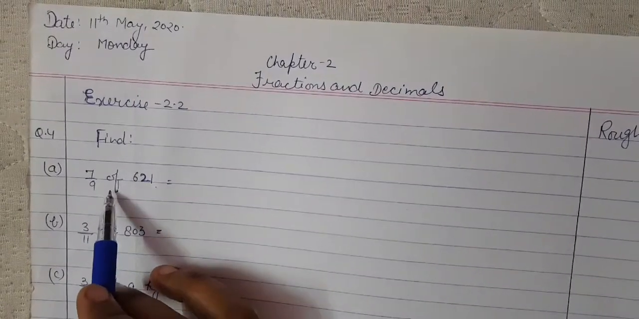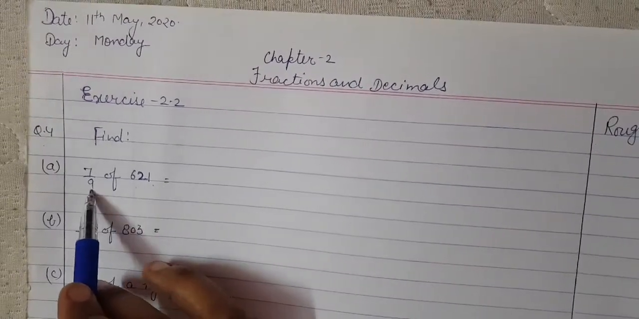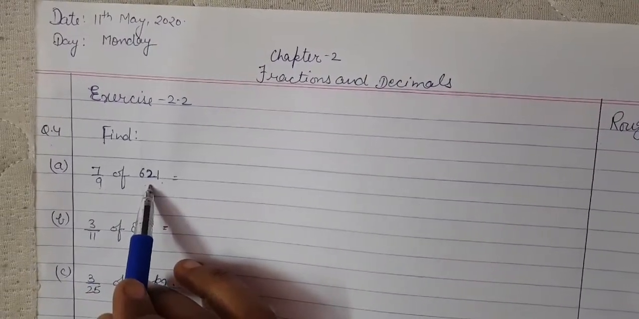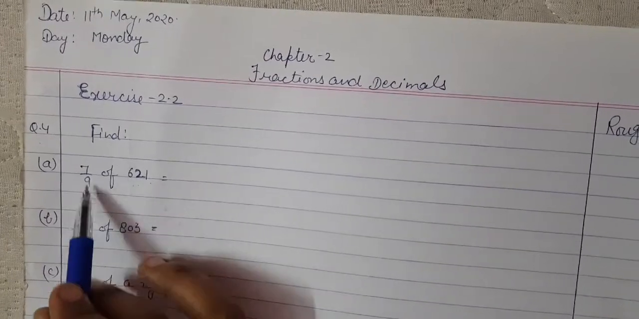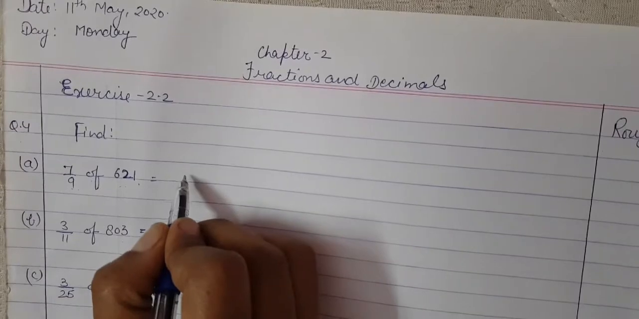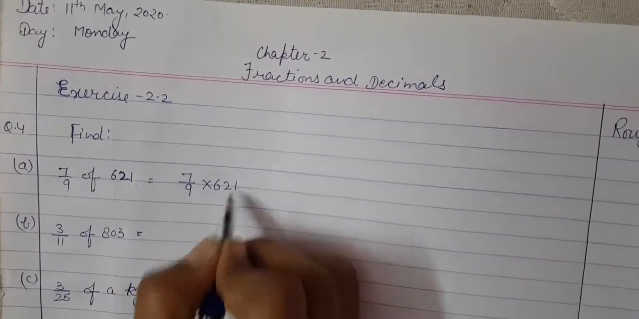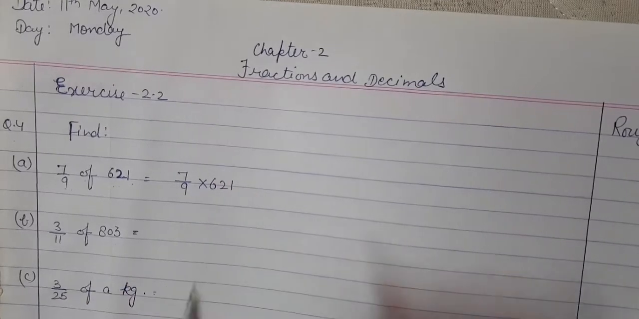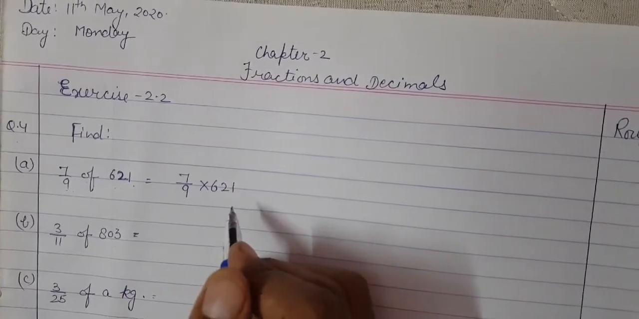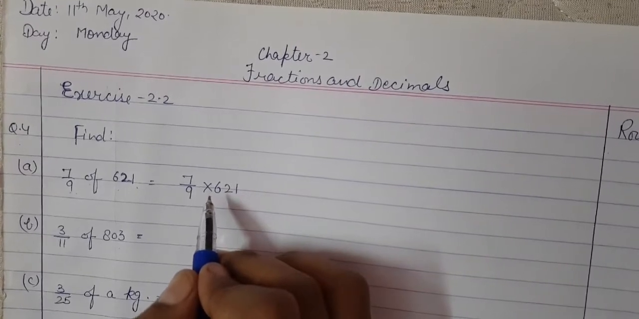Here you can see the "of" operation is written between two numbers. The first is a fraction and the other is a whole number. So first of all, to solve this problem, we will convert this "of" operation into multiplication. So it will be 7 upon 9 into 621. Now we can solve this easily because such type of questions, question 2 and 3 of exercise 2.2, we